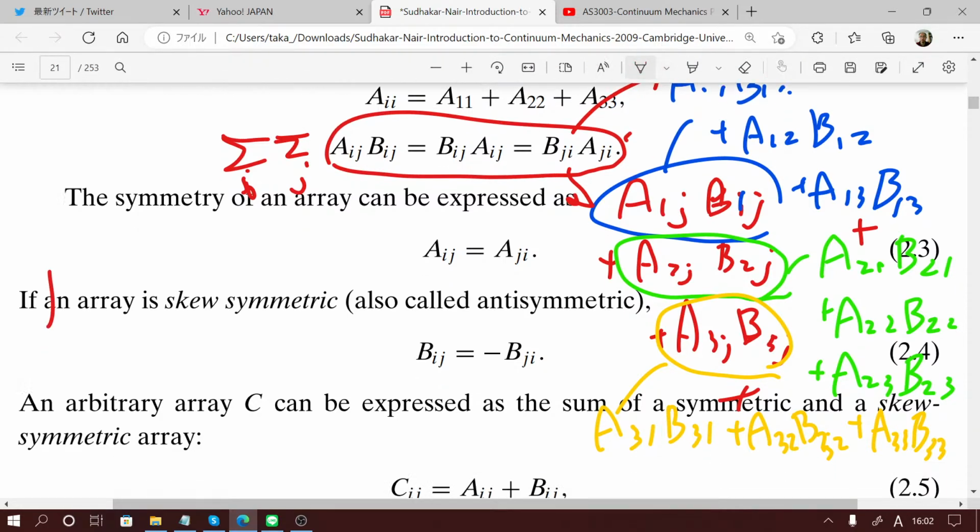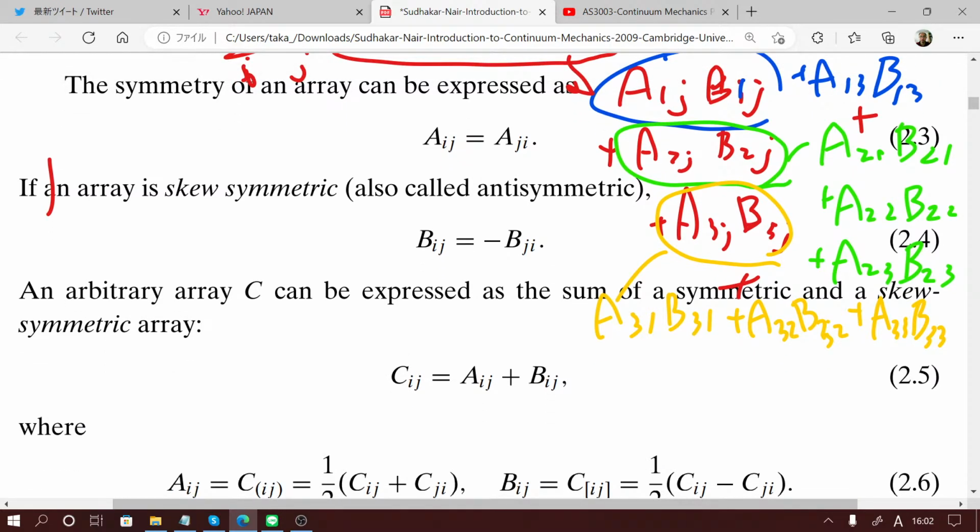An arbitrary array C can be expressed as the sum of a symmetric and a skew symmetric array. So any array C can be decomposed into a symmetric part and an anti-symmetric part, where